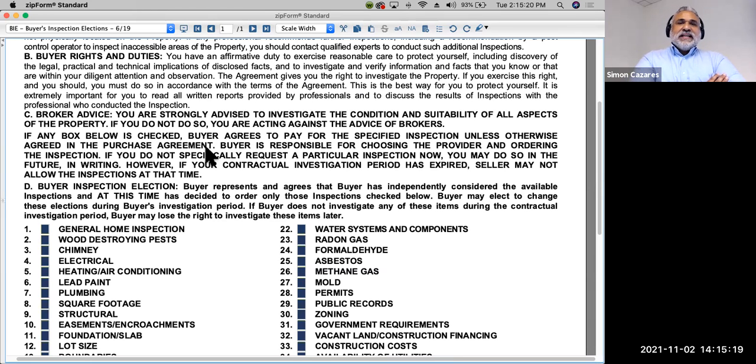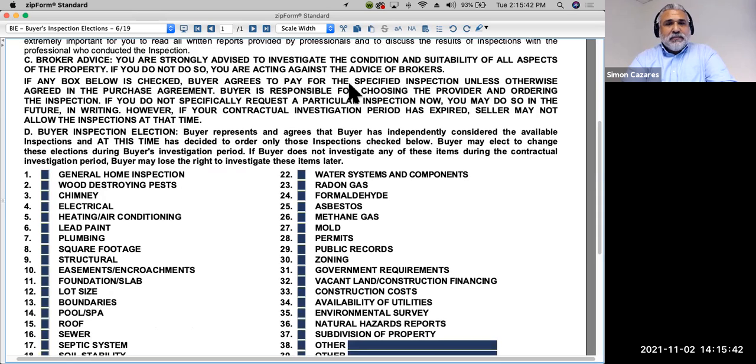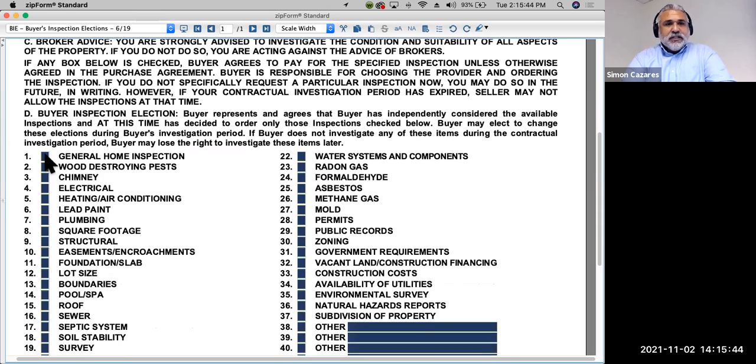Okay, the answer is 17 days. Now, the buyer may elect to reduce that in order to make their offer look more appealing, right? But the contract is the contract, and the contract defines that 17 days, the buyer must release this as a condition. Now, what's so cool about this form is that it provides you with general inspections, termite inspection, chimney, electrical,